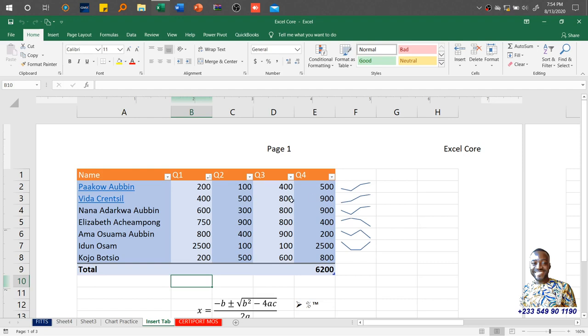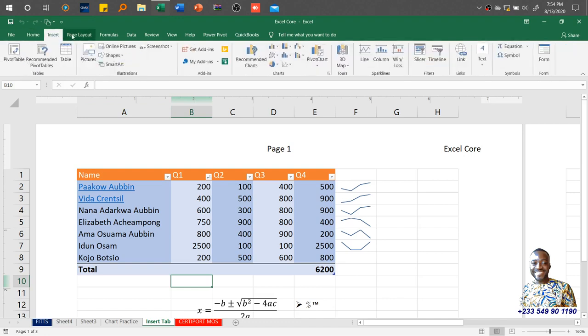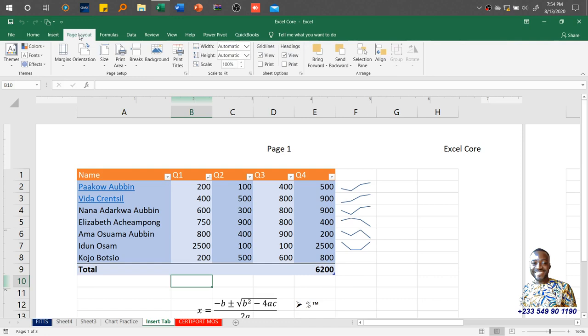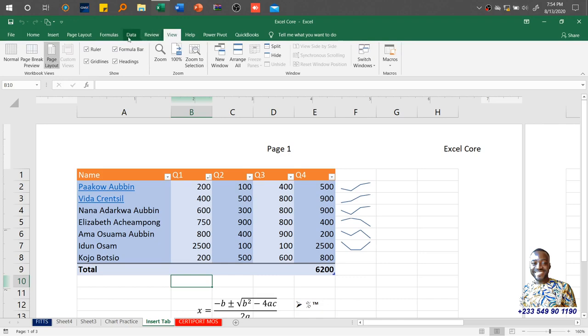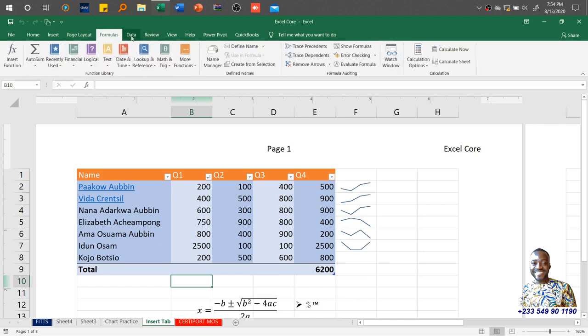Today I'll be focusing on the File tab, and we've been able to go through Home, Insert, Page Layout, Review, and View. So we're left with Formulas and Data. I'll leave Formulas for last because we have a lot of formulas we need to discuss under this particular tab. So let me just finish with the File tab, then we'll proceed to look at Data, then we